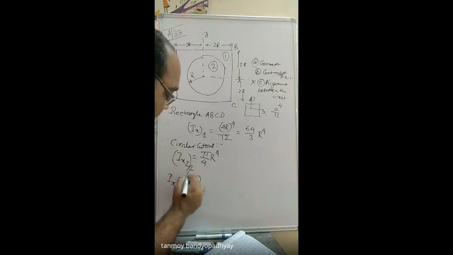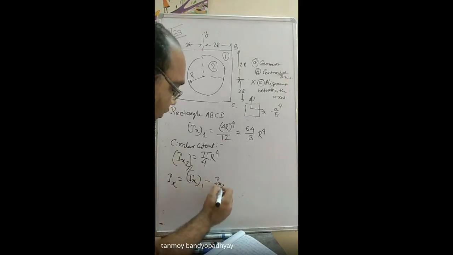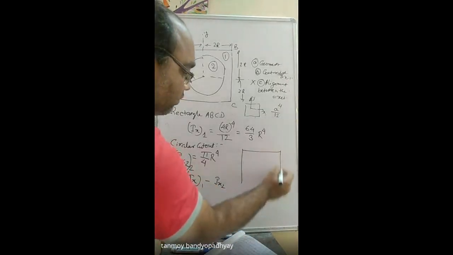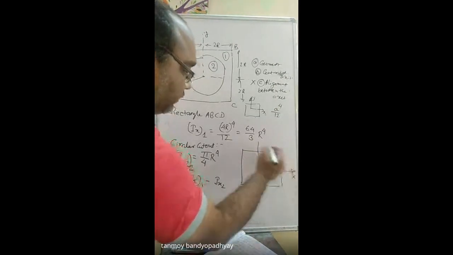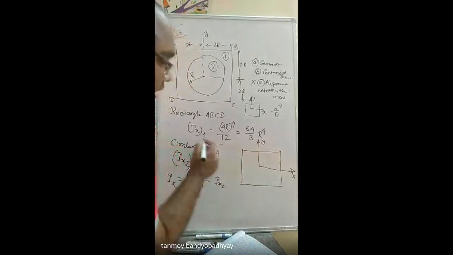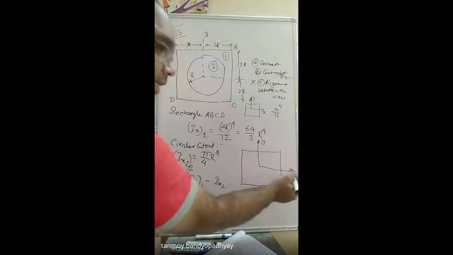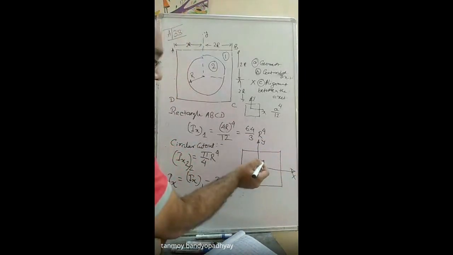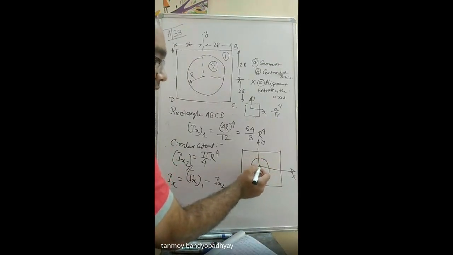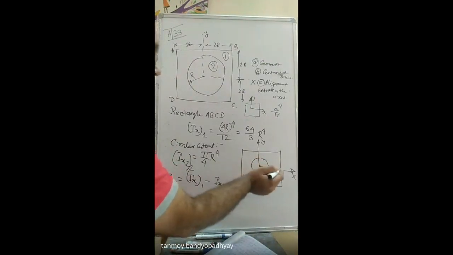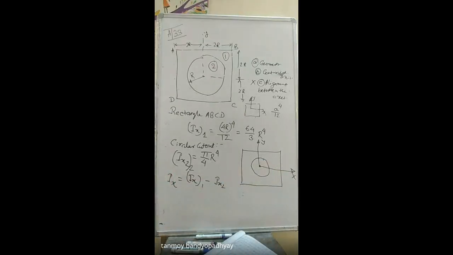Why are we able to directly subtract it? Because the square is something like this, and this is the centroidal axis shown in the figure. Whatever you have calculated, you have got Ix1 about this x-axis itself. Now going by the cutout, the centroidal axis of the cutout and the centroidal axis of the rectangle are collinear. So that is why you can directly subtract them.